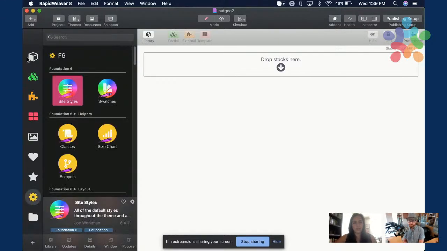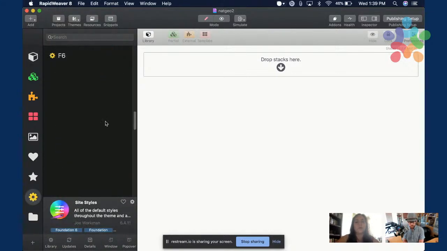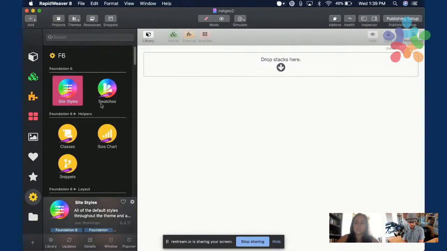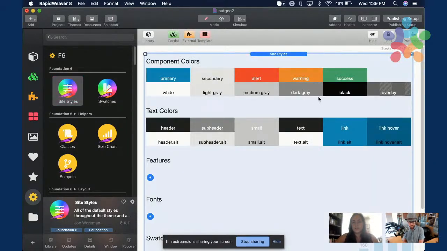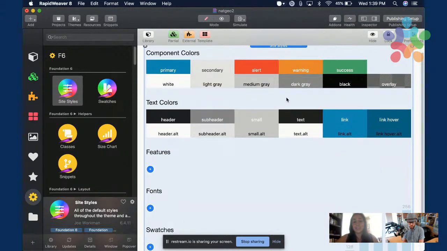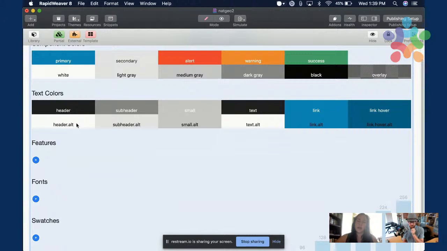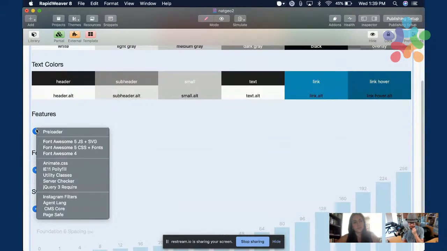Here I have all my stacks, which are a lot, but here I saved only the Foundation 6 stacks, and that's what I'm gonna start with. I'm gonna start dropping a site styles stack. The first thing I usually do is make sure I have loaded the features, like Font Awesome.